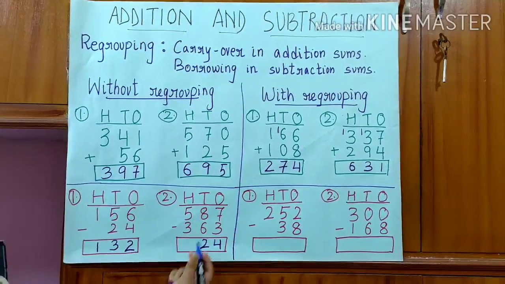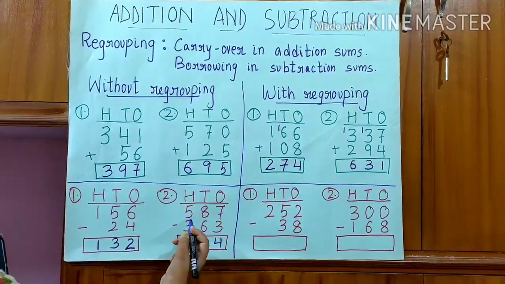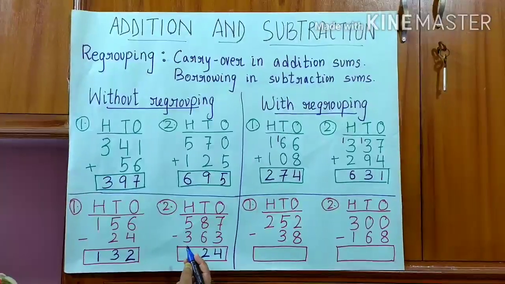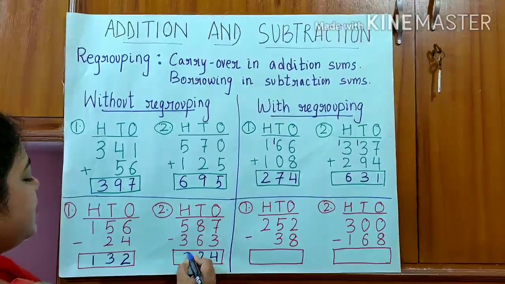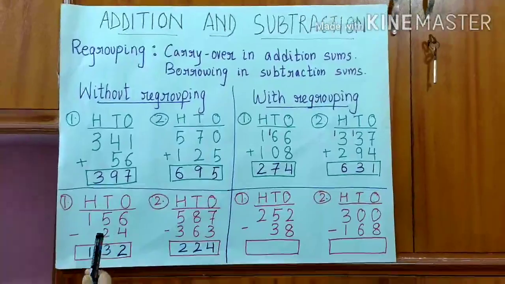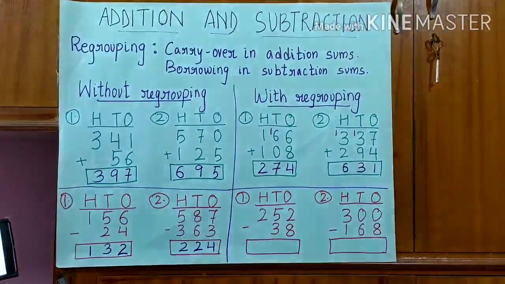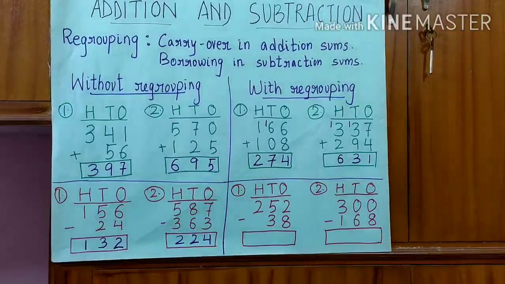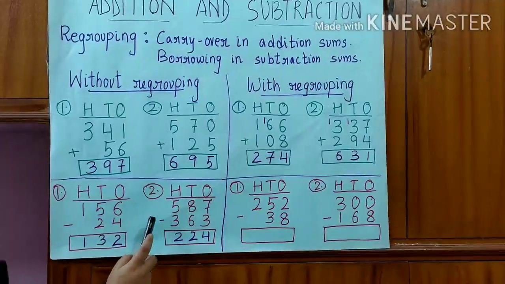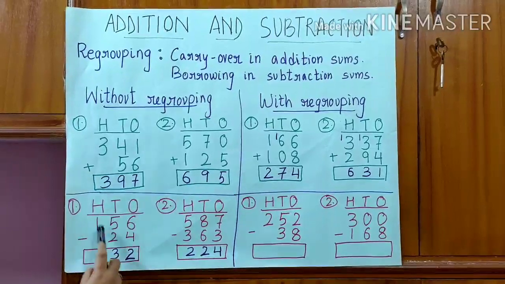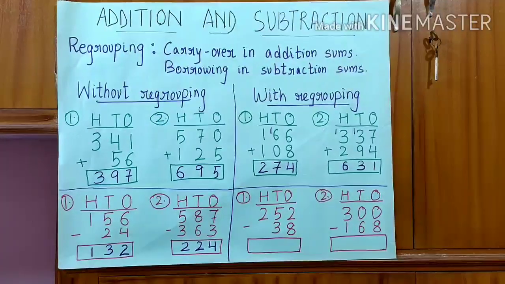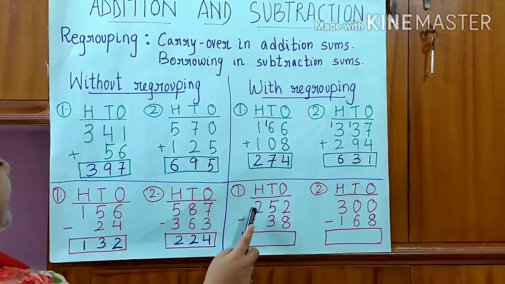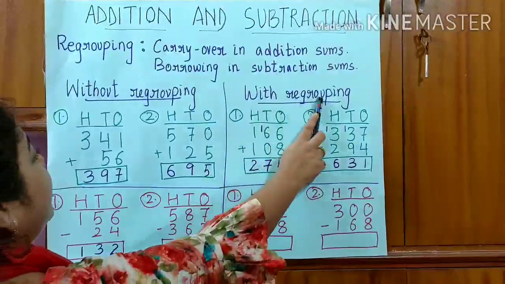Right? Now again, we'll move on to the hundreds place. 5 hundreds minus 3 hundreds. That will give us how much? Yes, that will give us 200. So what is our answer? Our answer is that he had 224 curry puffs left with him. Right, children? I hope you're able to understand how to subtract with 3 digits without regrouping. Now we'll move on to the next topic, that is subtraction with regrouping.